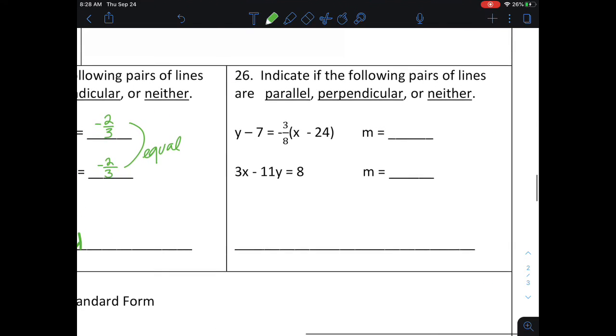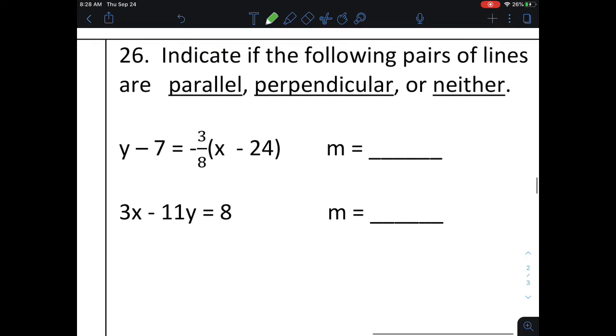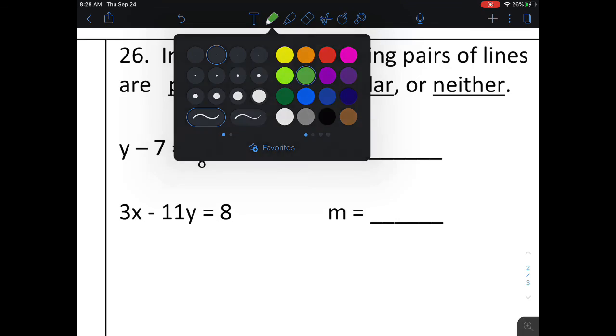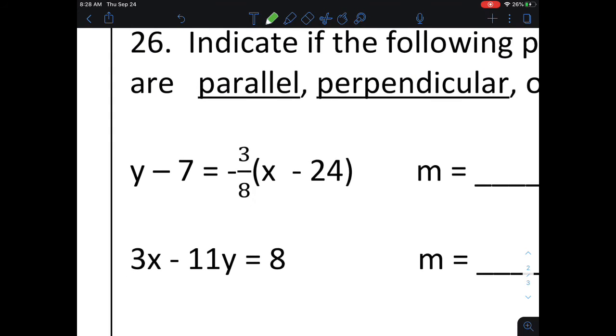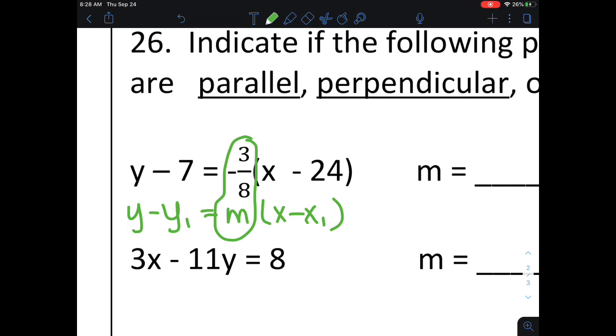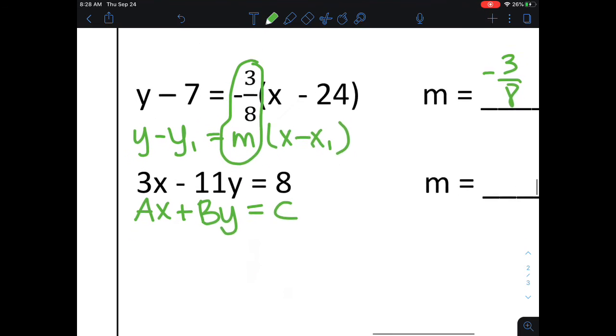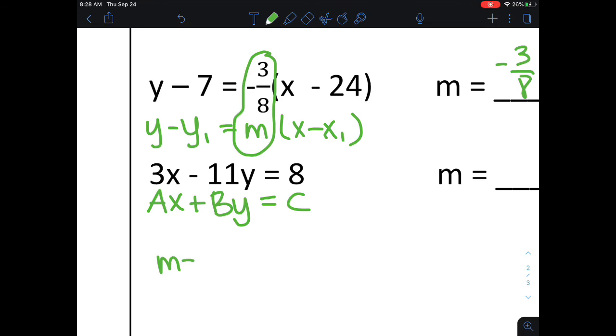Okay, 26. Indicate, blah, blah, blah. You can read. Okay. So for this guy, this is obviously point-slope form. So that's y minus y1 equals m times x minus x1. All right, so this is clearly my slope, -3/8. This one is in standard form, so let me write standard form underneath it. And again, I can't just look and tell. I have to do that extra step of